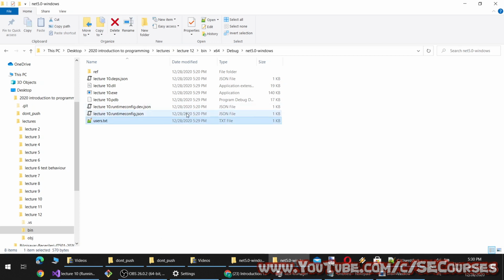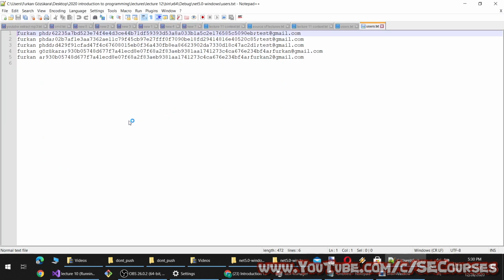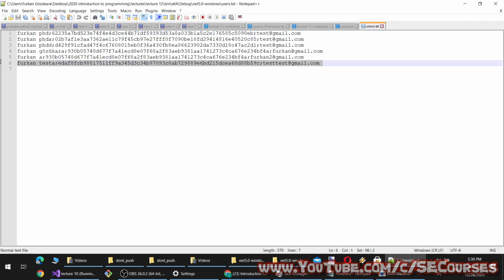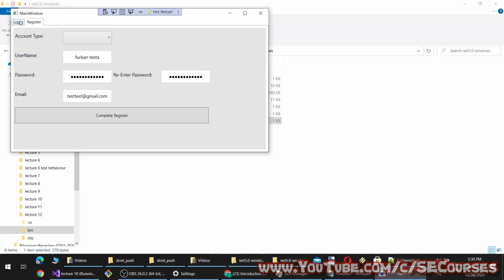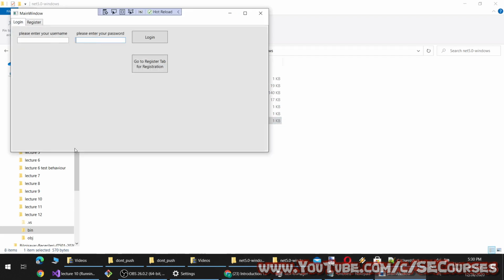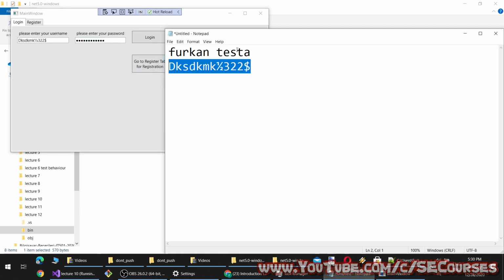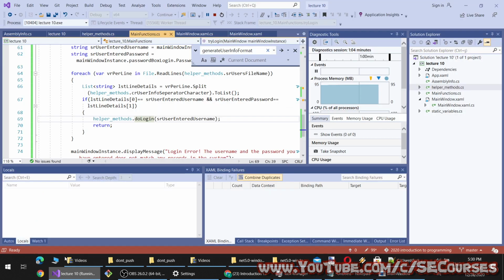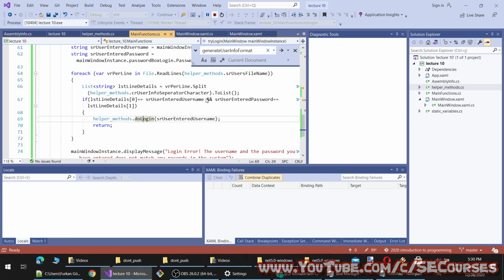So let's check our file under the x64. So it is a 64 bits application. You see it requires me to reload. When I reload, okay, it has arrived. Here now I can test the correct login. So let's enter the password here and the username here and click login. Okay, you see, correct password and username entered. Okay, so far our application is working.